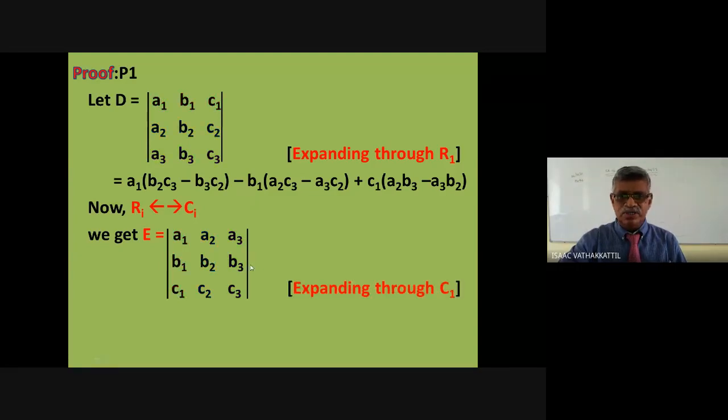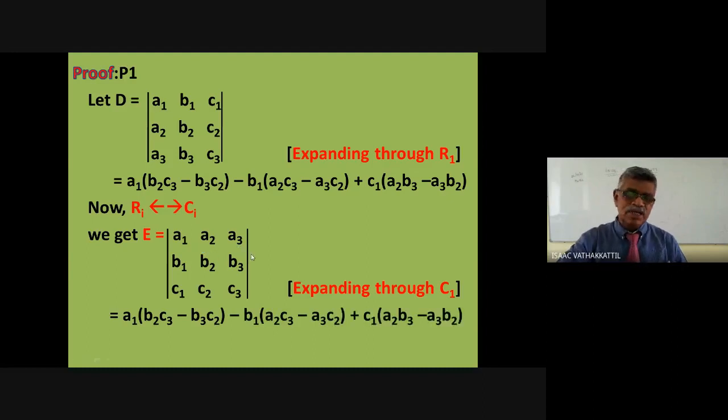Now if we evaluate this determinant, I can evaluate a determinant through any row or any column. I prefer to do it by column here. You can see you are getting the same value. And we have seen earlier, you evaluate using any row or any column, the value is not going to change. So here what we observe is that determinant D and determinant E, where E is obtained by interchanging the rows and columns of D, have the same value. So the first property is that interchanging between rows and columns, the value of the determinant remains unchanged.